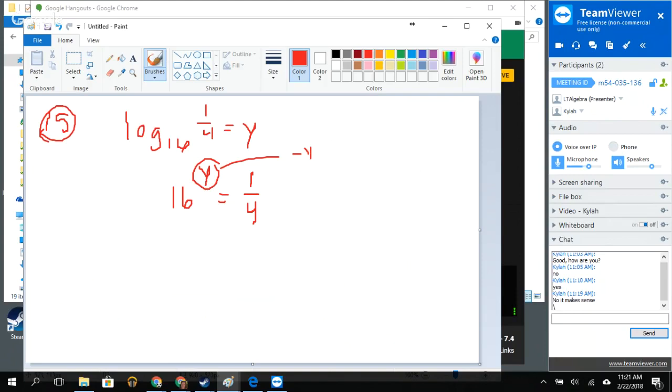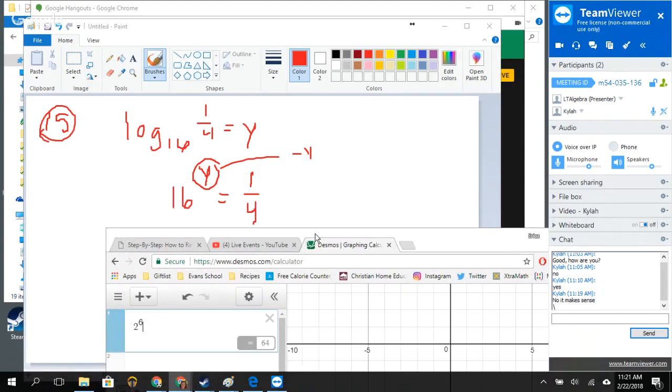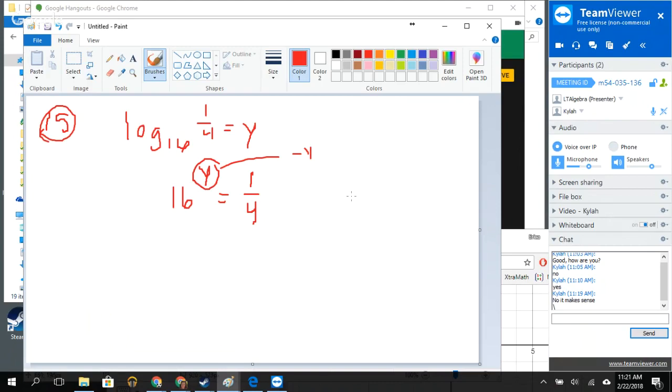Okay, so when I'm sitting there trying to figure out how do I turn 16 into 1/4, if I don't go straight to my calculator, what I'm trying to think is, okay,